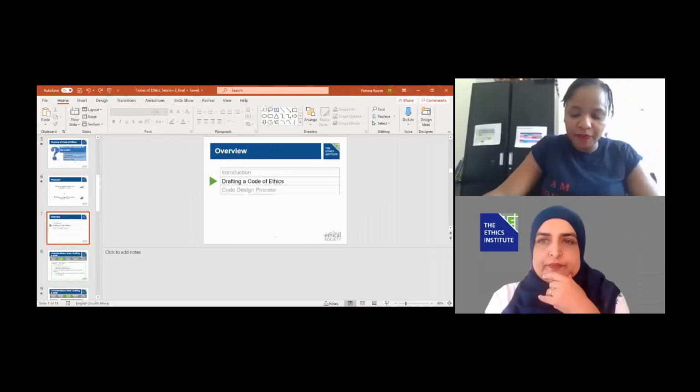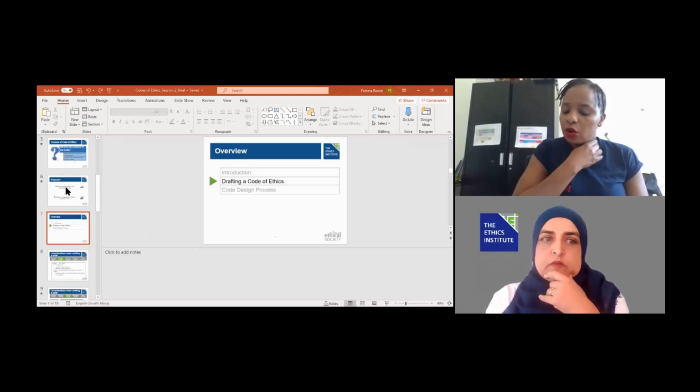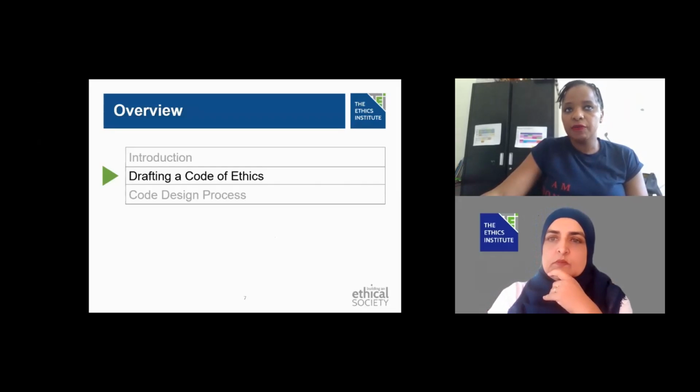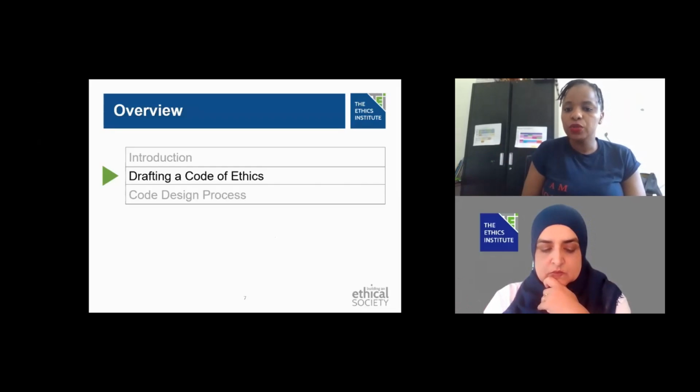And then following up on what Fatima was saying, I think that one of the things that we have to understand is when we are deciding to do a code of ethics, we have to have it very clear. What are the objectives that we want to achieve with this? And this comes from first identifying the stakeholders. What promises do we want to make to those stakeholders in terms of how we're going to act towards them?